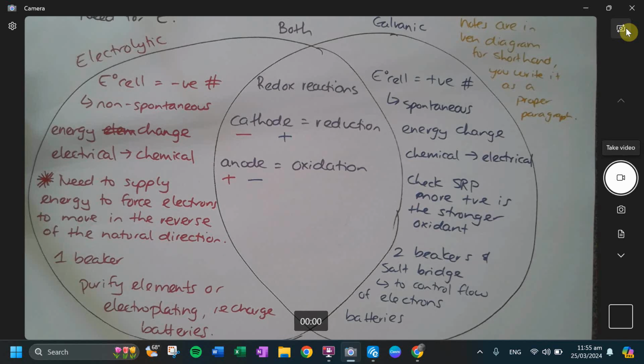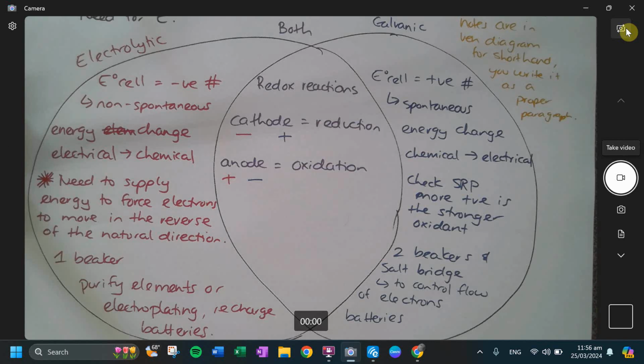So for the last component of the excellence, you do need to write a few paragraphs just explaining the difference between electrolytic and galvanic cells. I've written it up as a Venn diagram to show you all the different options of what you could write. I don't need all of them. I think I only really need 2. The Venn diagram is just a shorthand of notes. I would like you guys to write it as a proper paragraph and not reproduce a Venn diagram for me. But I just want to show you the similarities and differences, which should be more or less pretty obvious because we have covered both cells in detail.